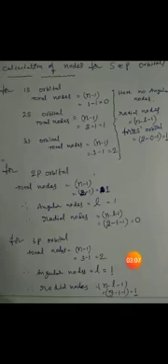Then number of radial nodes. So number of radial nodes, how to get? Total nodes minus angular nodes. Total nodes formula n minus 1 and angular nodes formula l, n minus 1 minus l, that is n minus l minus 1. By using this formula, you can find out the number of radial nodes, children. And then now we will calculate the number of nodes for s and p orbitals.